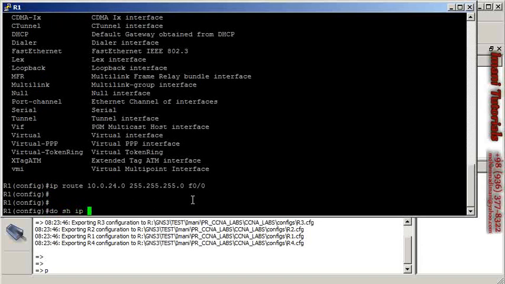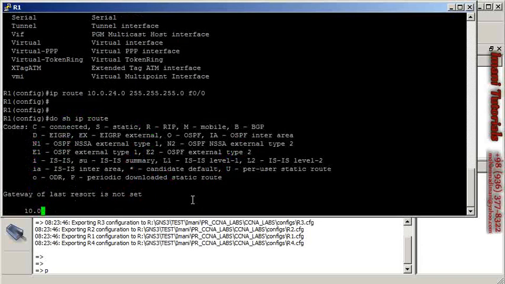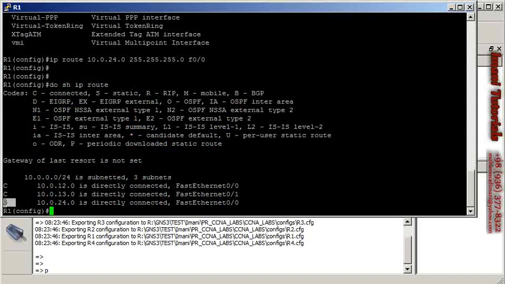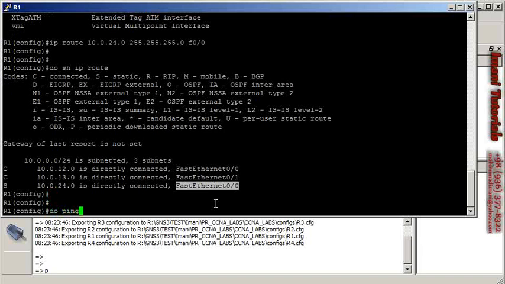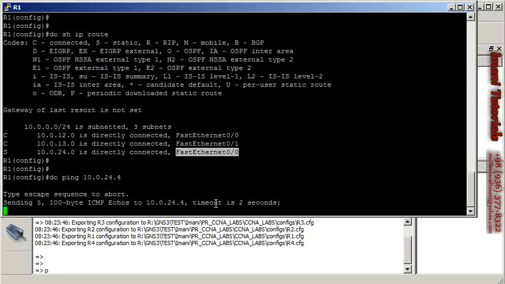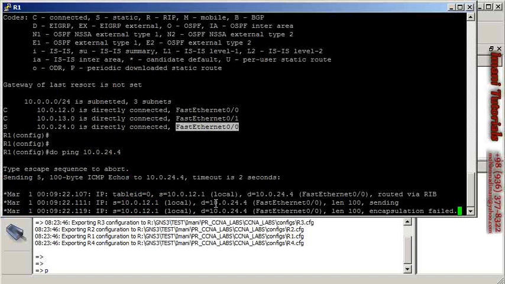The show IP route will tell me that I have a static route here that is flagged with S, and it goes through fast00. So I have to look at my routing table once and know which interface to send my frame through. So now I try to ping again 10.0.24.4, and now you can see that